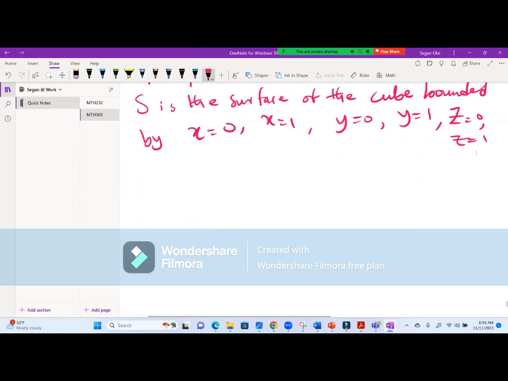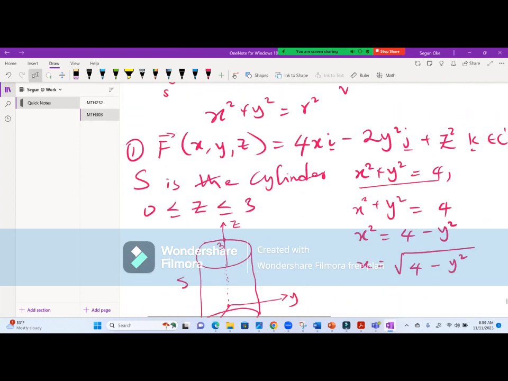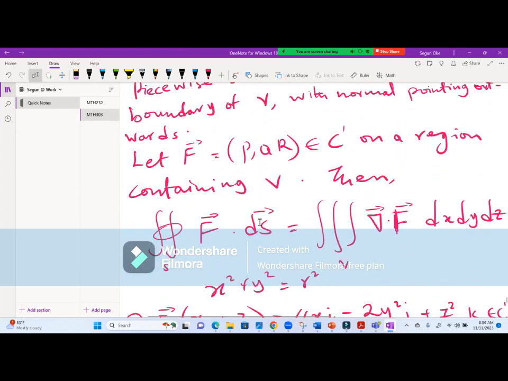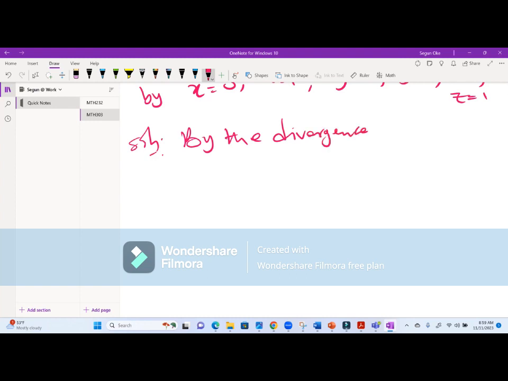So how do we solve this problem? Once you see this, something will come to your mind. Oh, they are talking about divergence, based on the definition of this. Look at the definition. So if I'm using divergence, it simply means I will do it this way. Solution. That's how you start, by the divergence theorem. By the divergence theorem, the required integral is equal